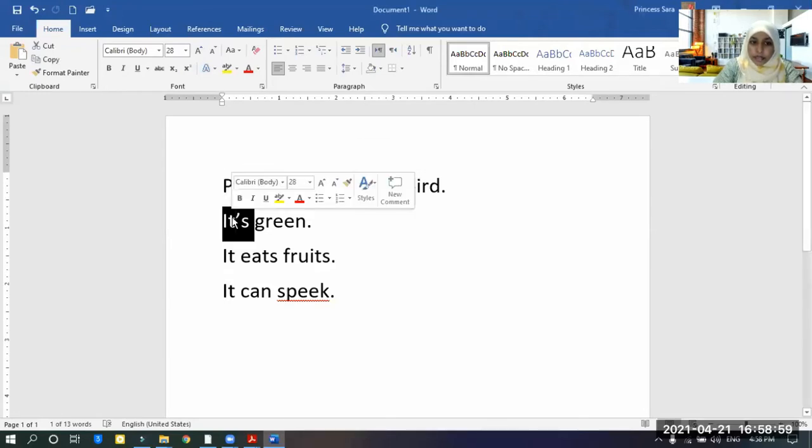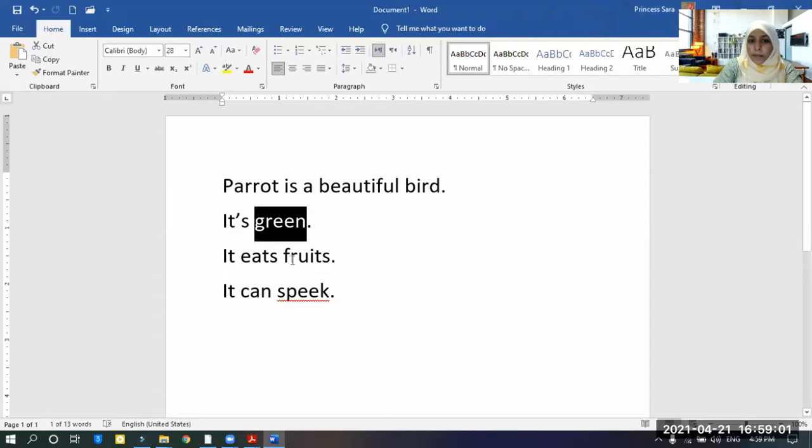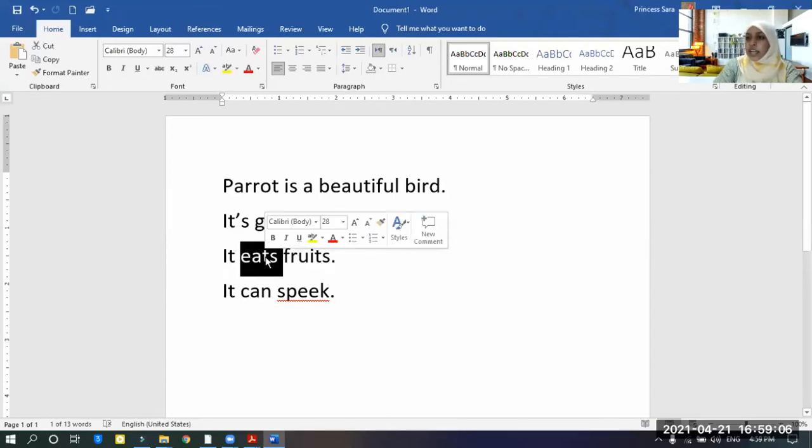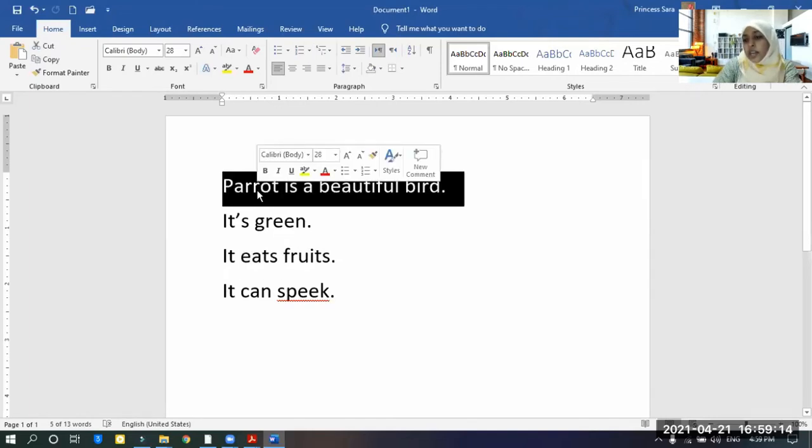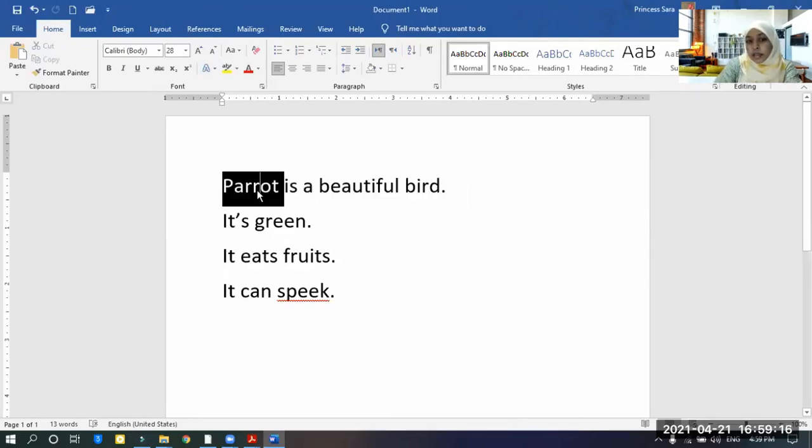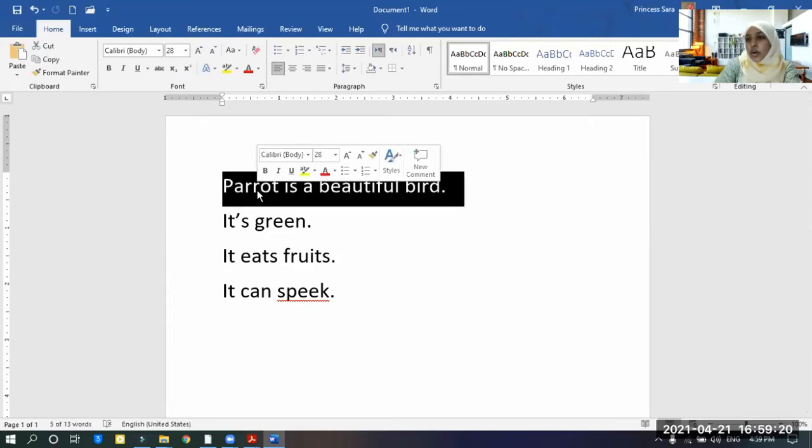Click the left button of your mouse. Double click like this. So you can select only one word. If you want to select the whole sentence, then triple click. It is also the left button. Triple click. If you triple click, the whole sentence will be selected. Understood?